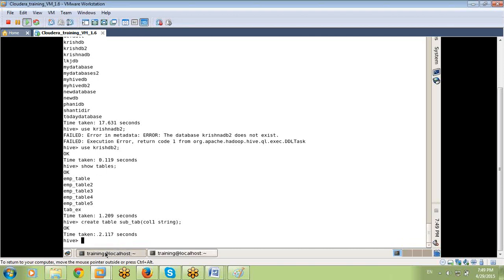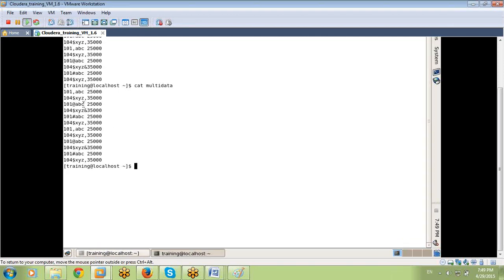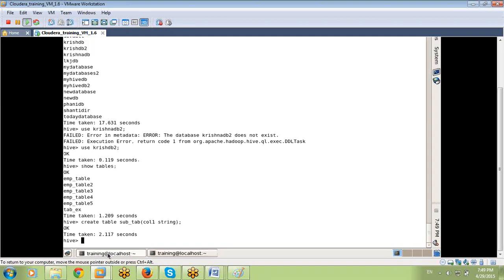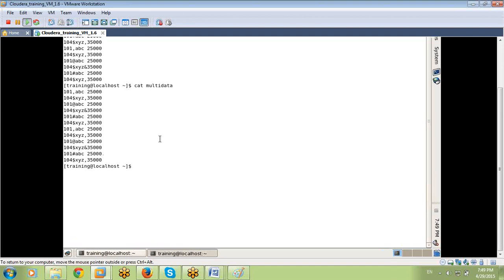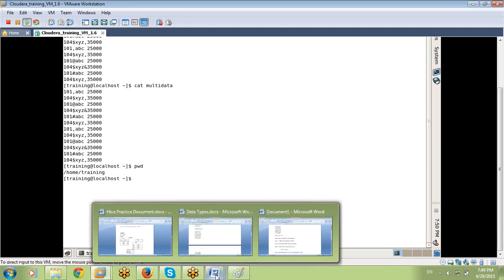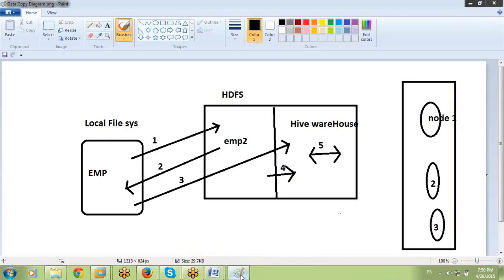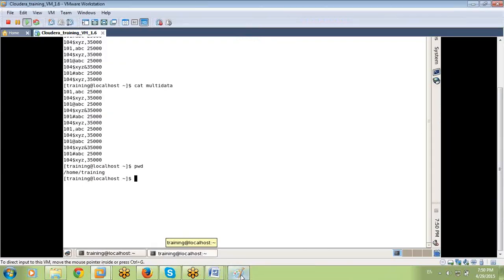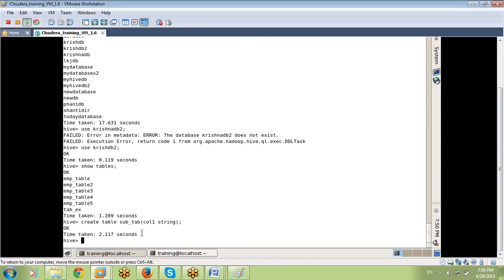Now I want to load this data into my table. How can I load? What is the syntax? Where is the data available right now? PWD. Yes, my default location, a local file. So, third arrow. I told you the arrows are important. What is the syntax of the third arrow? LOAD DATA LOCAL INPATH, local file name.